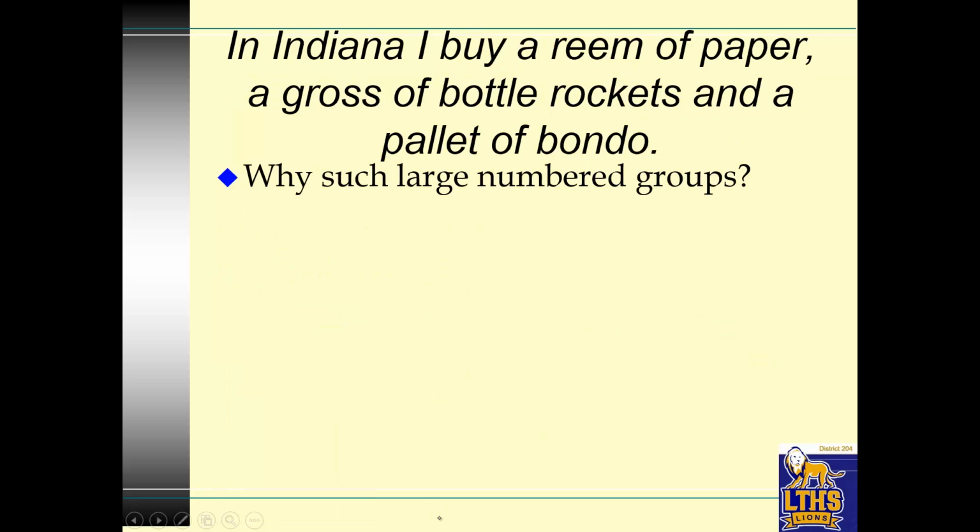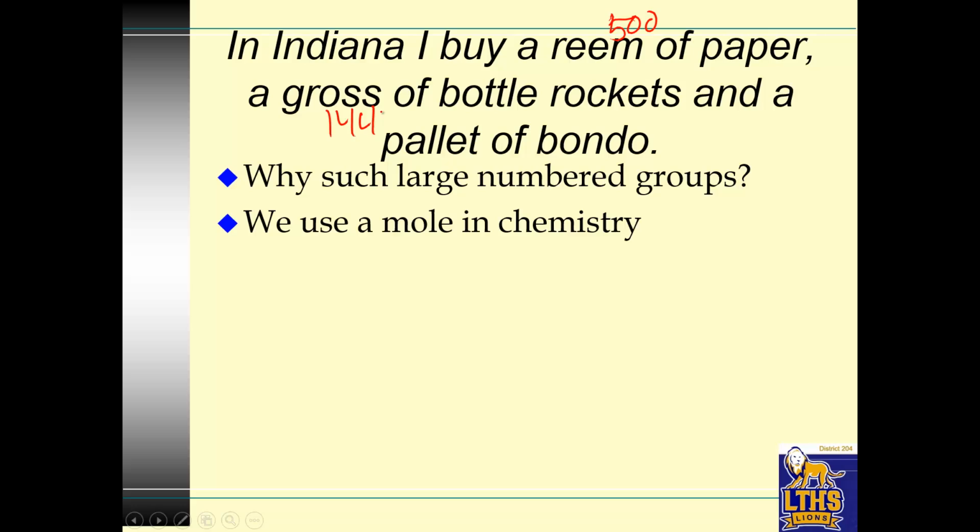In Indiana, I buy a ream of paper, a gross of bottle rockets, and a pallet of Bondo. Why such large numbered groups? So a ream of paper is 500 sheets. A gross of bottle rockets is 144, and a pallet of Bondo, that's just a big thing that I just try to be funny with. Why do we have such large number groups? Because the items